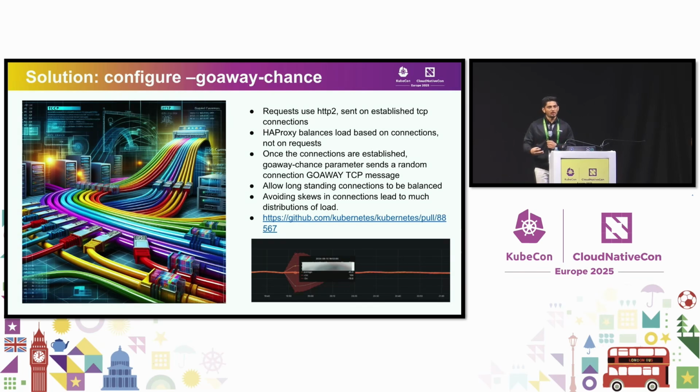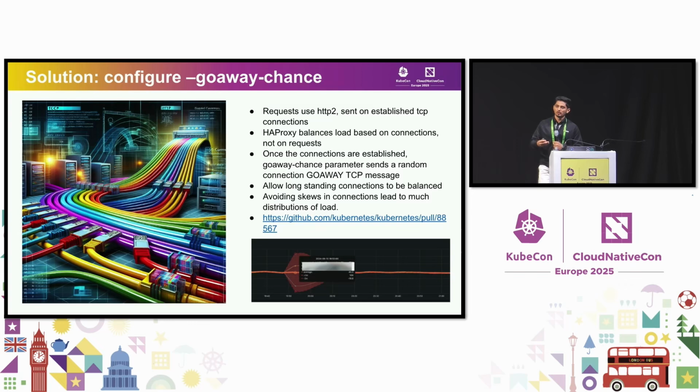So we started to think about how to solve this problem, right? And the most obvious intuitive feeling is, are we doing load balancing correctly in front of API server? We actually experimented with many different load balancing configurations, and none of them seem to have helped here. So what helped? We discovered a flag called goaway-chance parameter in API server. And we noticed that configuring that appropriately helped remove this problem of skews in API server. So how does it work?